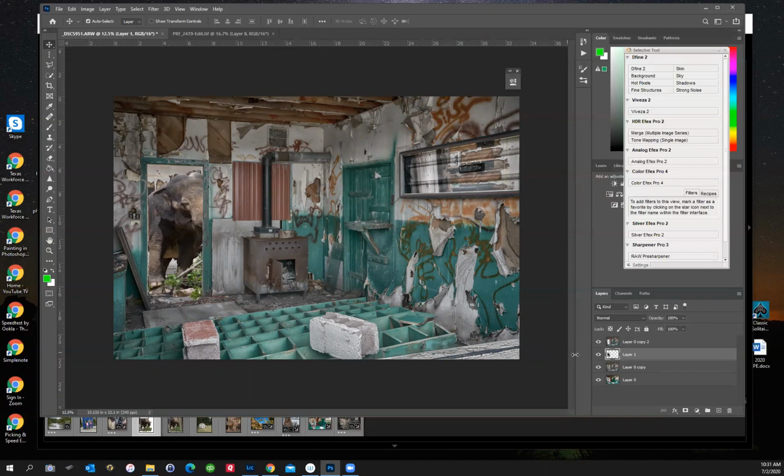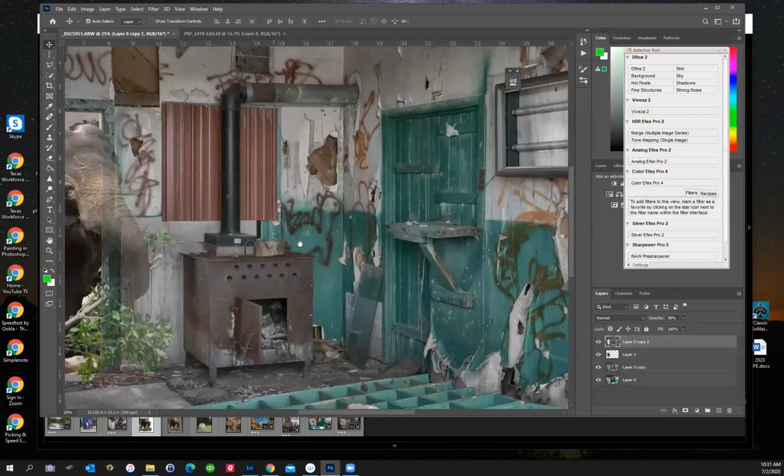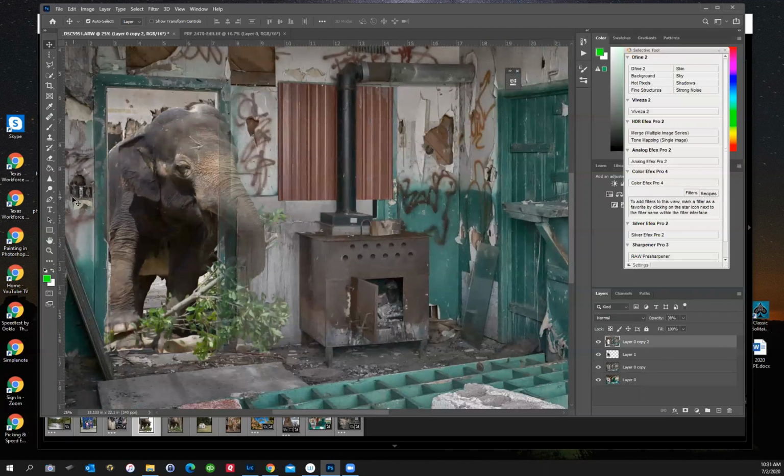And now I'm going to go back to this top layer and I'm going to set the transparency down so I can kind of see the elephant through that layer, right? Okay. I'm going to make the image larger. And I'm going to take my eraser tool, okay? I'm actually going to go on this layer and I am going to erase. Let me see, I'll take my eraser up to 100%. So it's erasing everything that this eraser is following over,